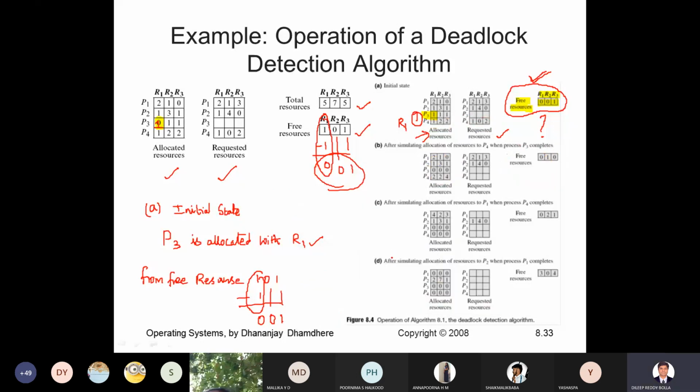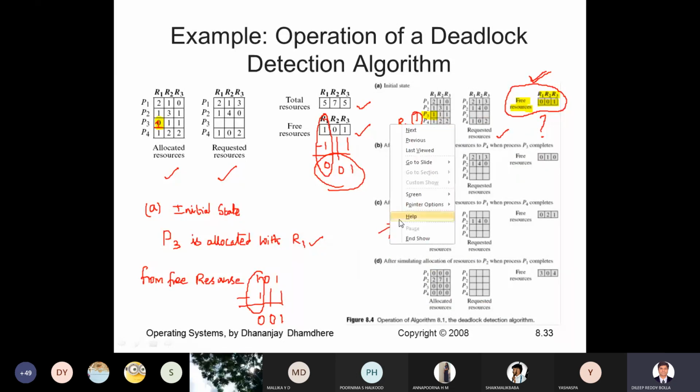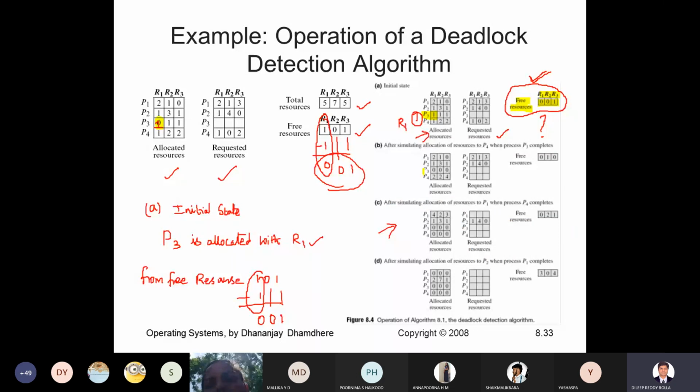Next, look at this position. What is the difference we have? So which means we finished, P3 is done, P4 is done. So both of them will become 0. P3 is 0, P4 is 0. All right. Now both are 0. Let us assume P1 is coming up. So you see 2 plus 2, how much is it? 4 plus 4. And this 1 plus 1, it is 2.